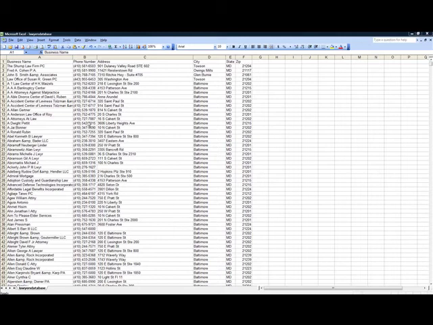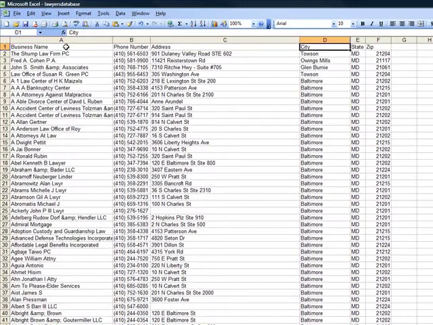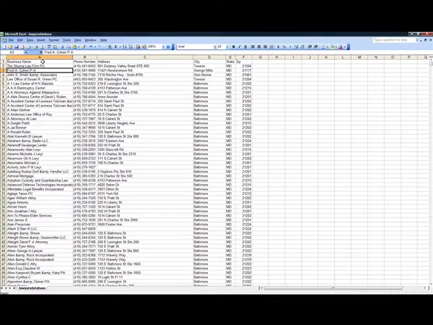Okay, so here's the file that we just scraped and saved to our computer. You can see there's business name, phone number, address, city, state, zip. There's some duplicates and stuff like that, but with almost 4,000 results, we're not going to worry about them. And we're going to go ahead and save this file to our computer, which I've already done, and go back